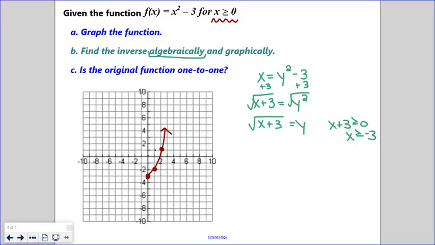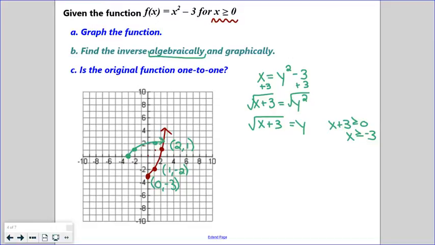Let's look at the picture part of it. Graphically, go to these nice pretty points that we had in our picture. So like 0, negative 3. If I flip-flop those two numbers, I would get the point negative 3, 0. This one would be at 1, negative 2. Flip those 2 points, it'd be negative 2, 1. This one is 2, 1. Flip those 2 points, it'd be 1, 2. And we get this